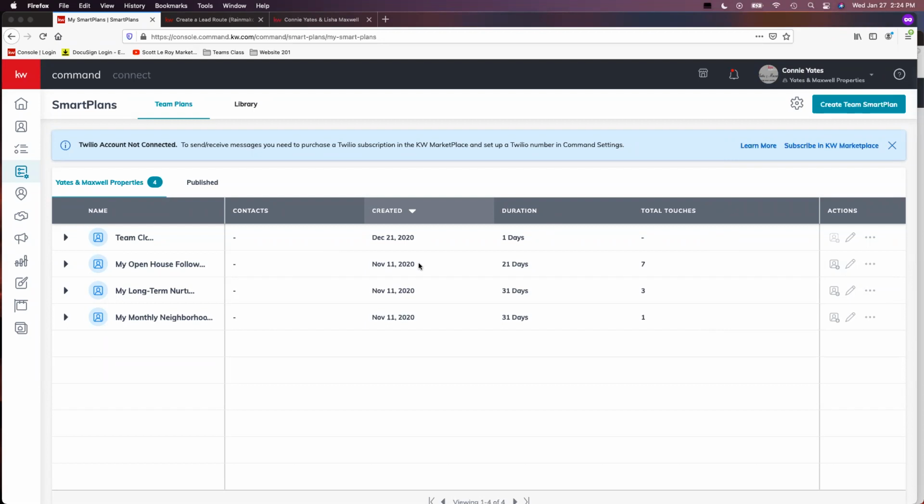Enhanced will allow them to make tweaks to it, but I don't believe they can create them at this time. I don't have all of the permissions memorized yet. I apologize. But I would take a look at permissions. Just make sure that whoever is going to be handling editing, adjusting, creating, tweaking your Smart Plans has access to